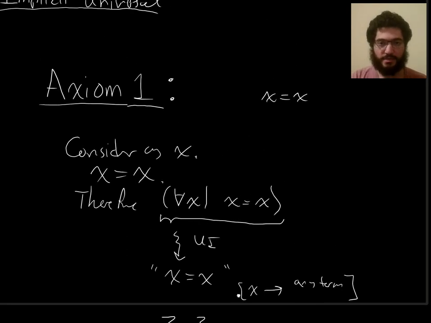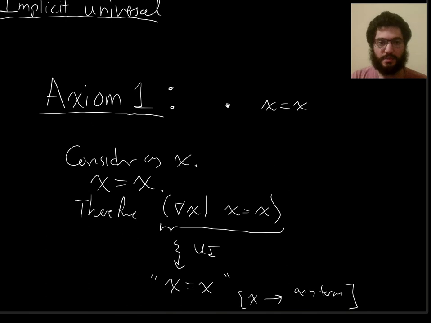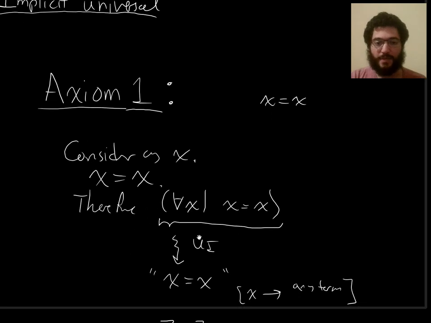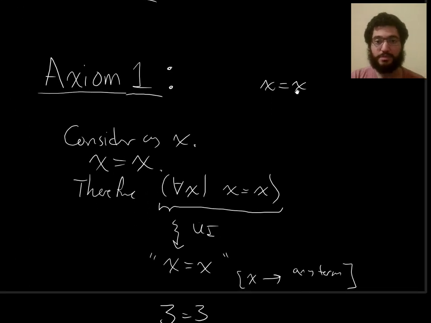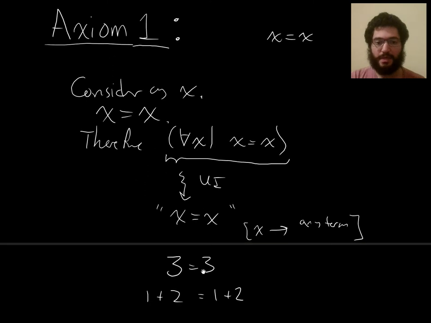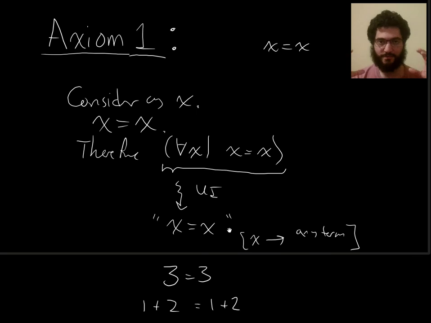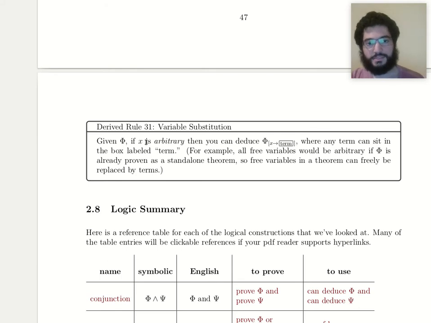Yeah, so this idea that, starting from a standalone statement that might be part of an axiom or a theorem, you can do a UG to throw on the previously implicit universal quantifier, and then you can do a UI to replace what was originally a free variable by some other terms. This idea I have sort of packaged into one rule, which I will show you. It is derived rule 31 here, which I'm calling variable substitution.